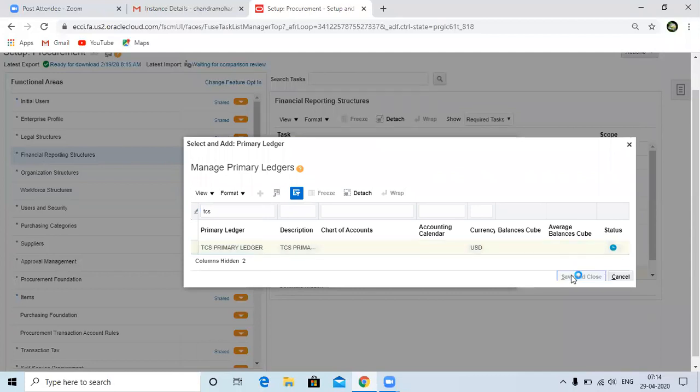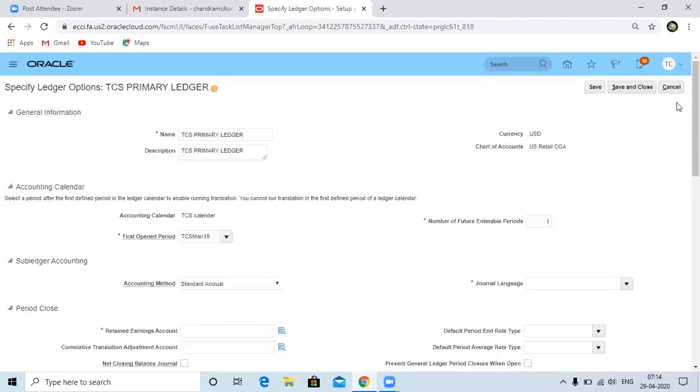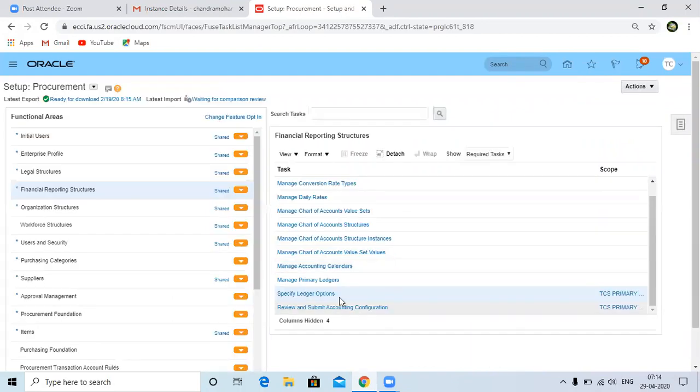Okay. Oh, sorry, we are not using the TCS. The ledger we are using is the Sony ledger, right?